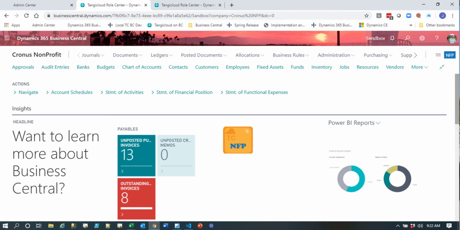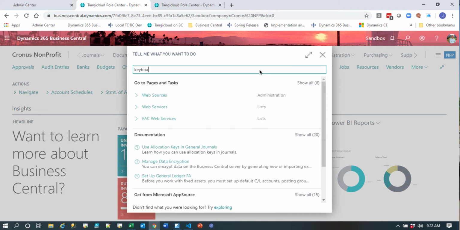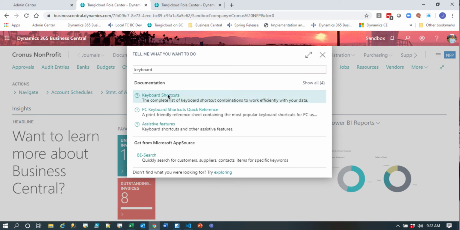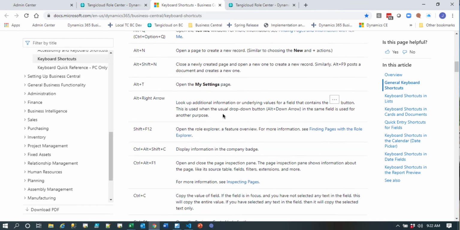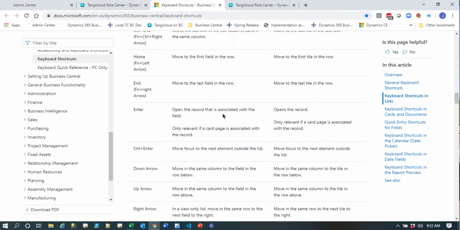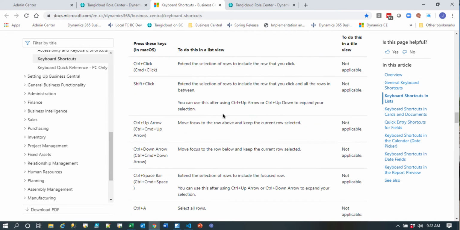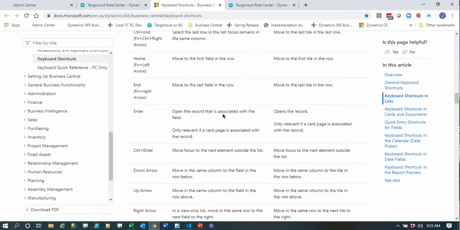One of the things we've always loved using Windows software, aside from being able to open multiple pages and actions the way we showed you earlier, is the ability to use keyboard shortcuts. The new modern client has a comprehensive list of keyboard shortcuts, so many that you would need to go in through the Tell Me and take a look and see what all the options are. I personally only use a handful of these on a day-to-day basis, but every user will have different preferences on what they want to do in terms of using your keyboard to make your life quicker in terms of navigating